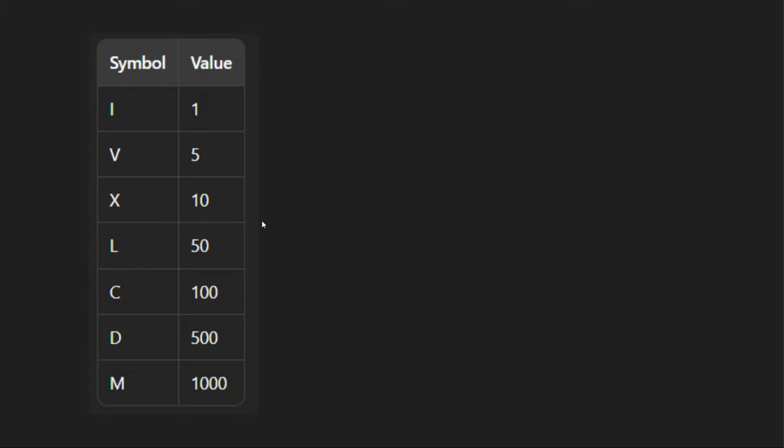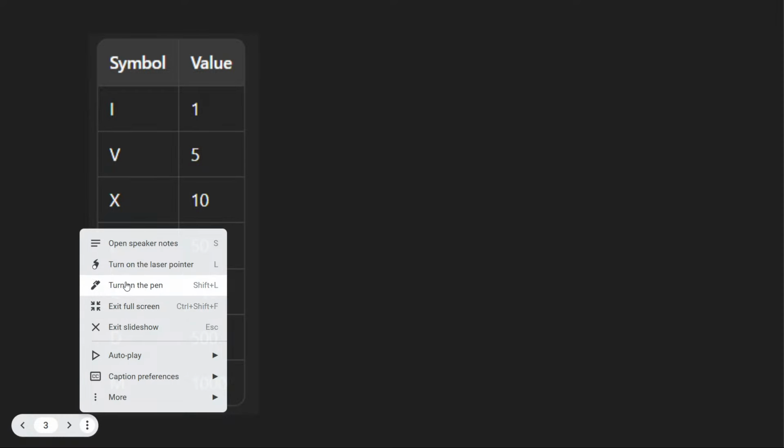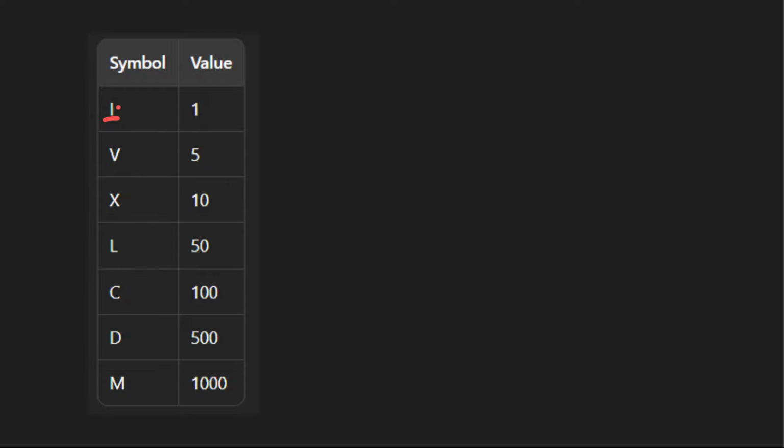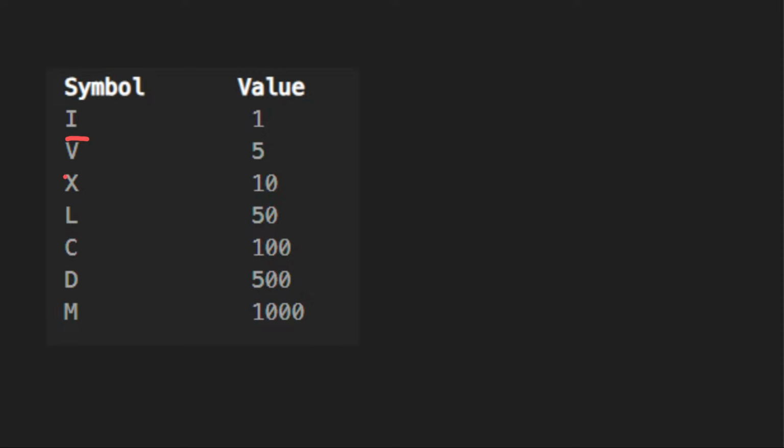Yeah. So for example, for Roman to integer, we have the symbols. This symbol is just 1, and this one is 5, and this X is 10, and we need to understand the meaning of all those characters. Basically, it is a key-value pair, and we're gonna use this kind of key-value pair to solve the problem. We need to store the key-value pairs inside a dictionary, and similarly for this one, it is just a symbol with a value. Yeah, and we need to understand how we can use such a symbol with a value